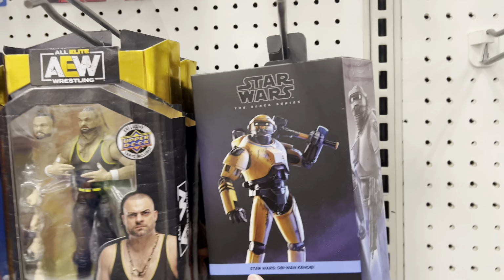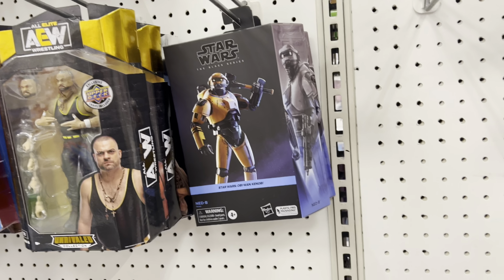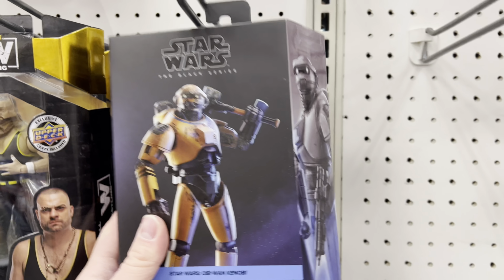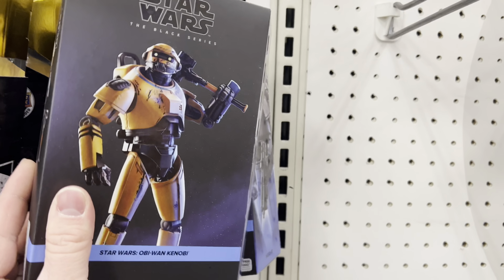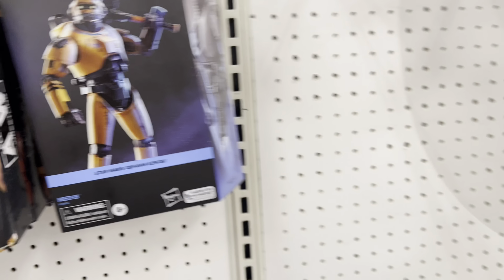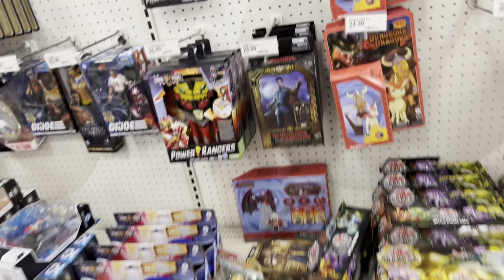So I come here to Target, and basically I'm finding literally everything that everyone else is looking for, except what I'm looking for. Technically, I do still want to get a Ned B, but I'm kind of waiting on getting him for now. But hey, I did find Ned B, and specifically what I mean by stuff that everyone else needs, I keep finding